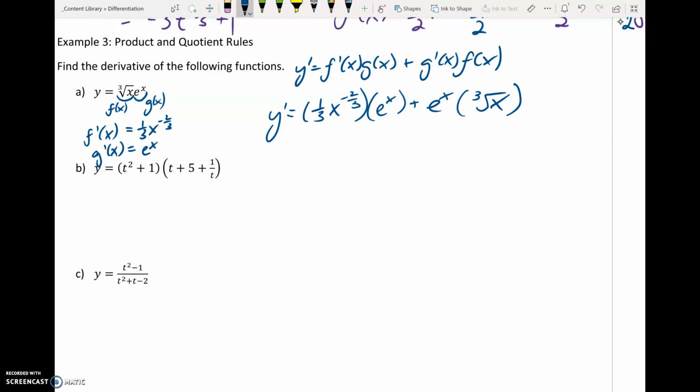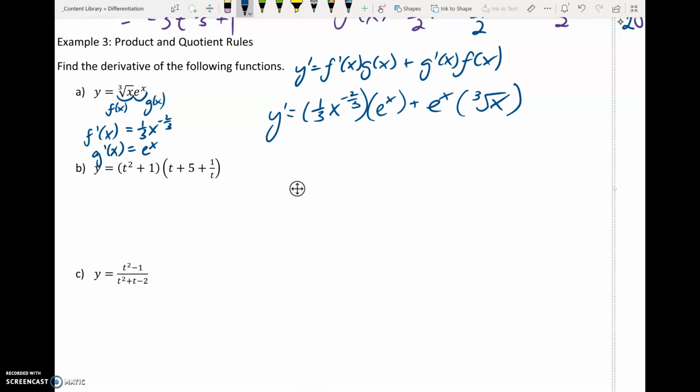If you wanted to, you can get rid of the brackets and keep it all together. But as you go on, there'll be some really complex looking product rules. And in that case, if I were you, I'd just leave it alone just so that you don't make a mistake while you're simplifying. In B, we're going to use the product rule again because we're multiplying two functions together,